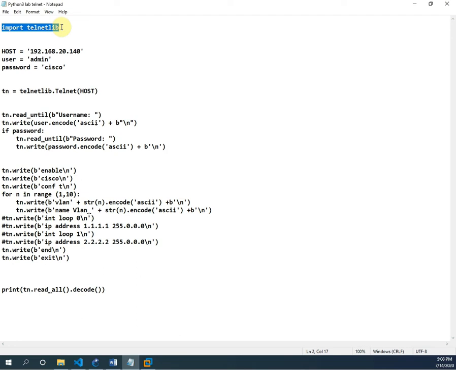This one we already know. If we wrote the telnet code separately, it would take a long time. So we are calling the telnet code that someone wrote and uploaded in the packages and dictionary, so we can call it from that library. With this command we call that code, and we write host, where host is equal to the IP address of our switch or router, and this is the username and password of our switch or router. This is common, we have known it for a long time.